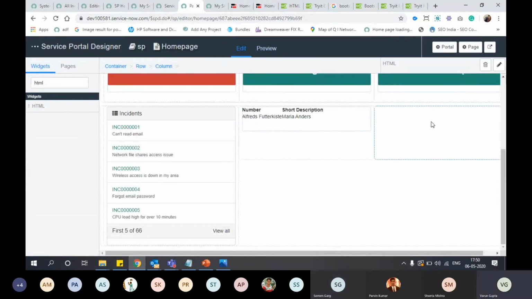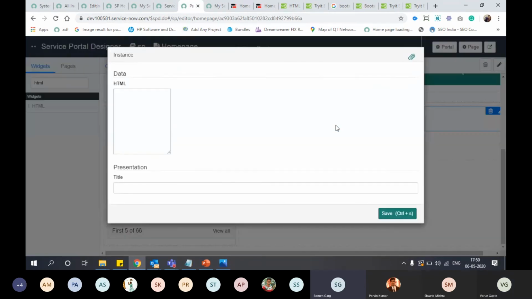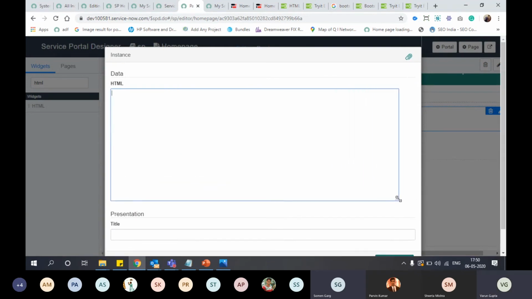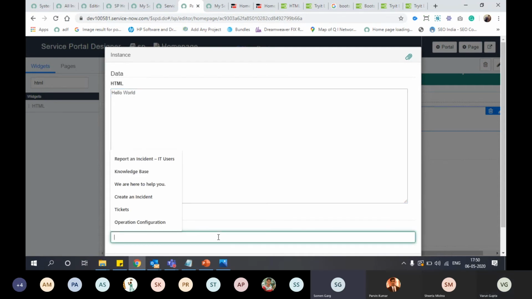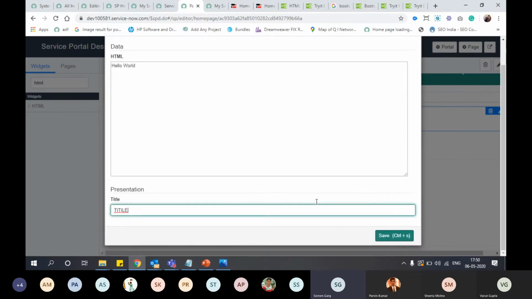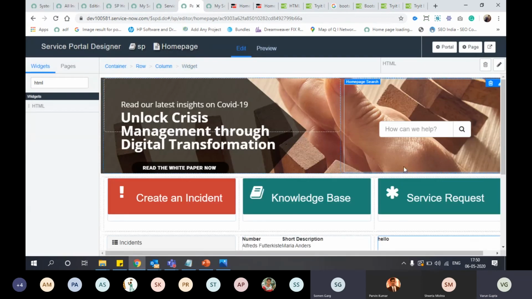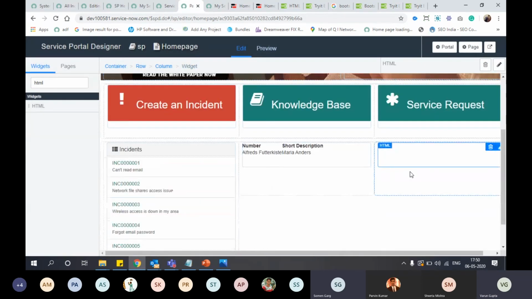You are using this HTML widget. Yes. When I edit this HTML widget and put the value in HTML or in title, it is not showing up. I don't know why. It is printing hello. Yeah, it is the default one.